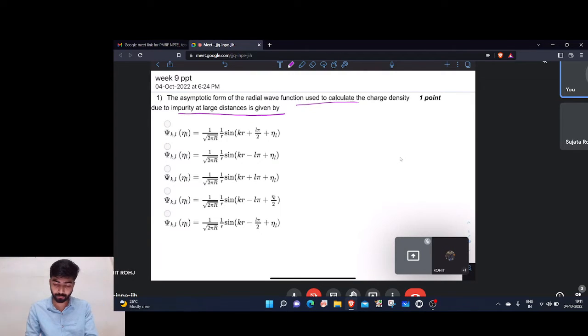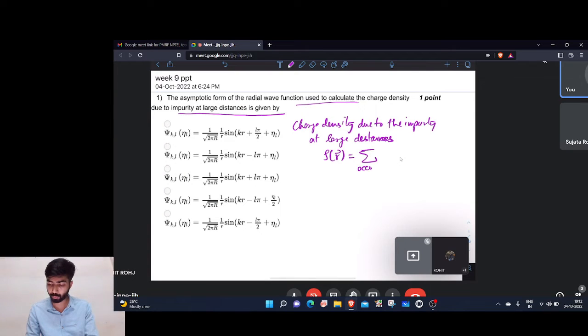Now this asymptotic form, one can consider and start with the charge density due to these impurities, and let's say these impurities are present at large distances from each other. So the charge density at say point R from the impurity would be the summation of all the occupied states times the probability